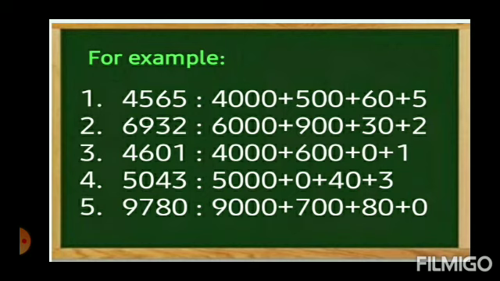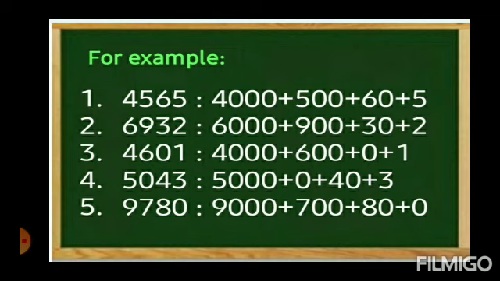Coming to the third one, here you can observe 0 in the tens digit. So what is the place value of 0 here? 0 is in the tens place, so 0 into 10 is equal to 0. That only we have to write in the expanded form. 4 in the thousands place is 4000. 6 in the hundreds place, 600. 0 in the tens place, 0. 1 in the ones place, 1. So the expanded form of 4601 is 4000 plus 600 plus 0 plus 1.